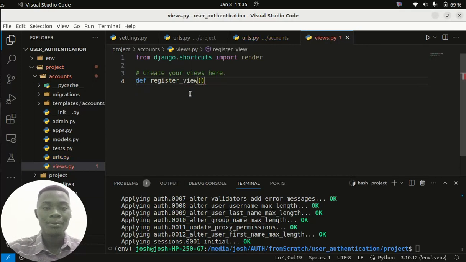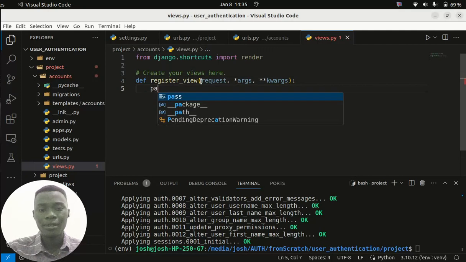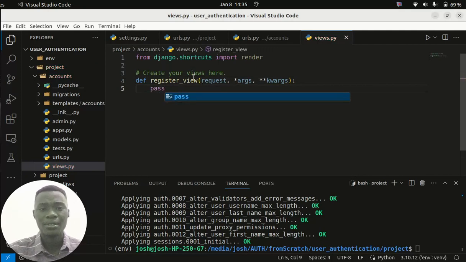The register view can take in the request and then gives us the response. If there are any arguments and keyword arguments, they can be passed into this register view. For now, I can say pass because I want to test things out, or I can return